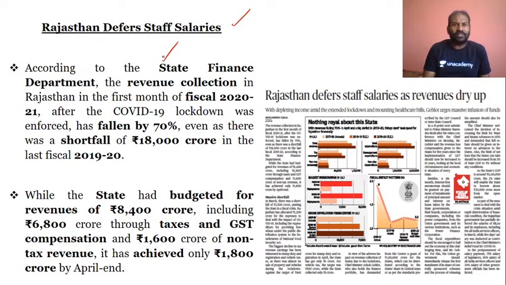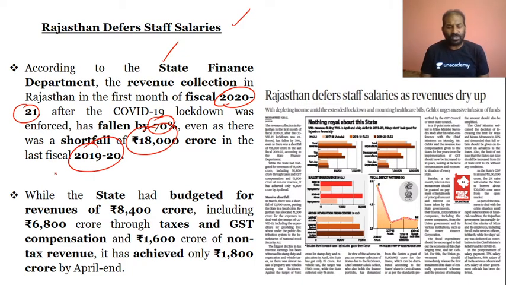So the State Finance Department of Rajasthan has said that the revenue collection for 2021 has fallen by 70%, and there was a shortfall of 18,000 crores compared with last year, that is 2019-20. So very clearly it states that